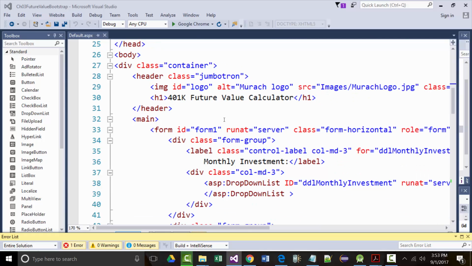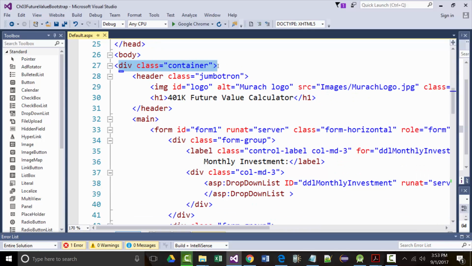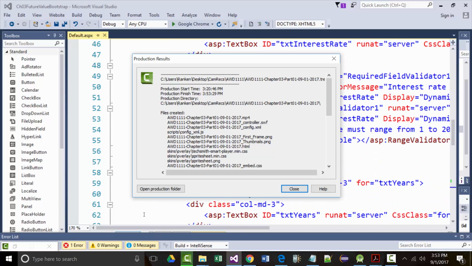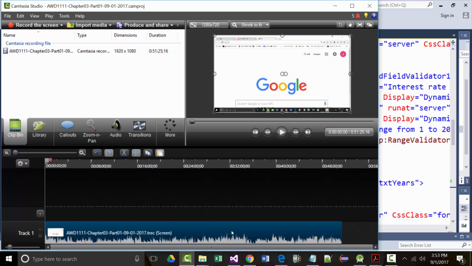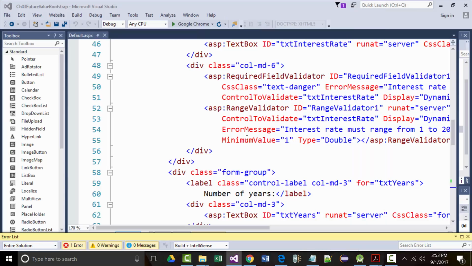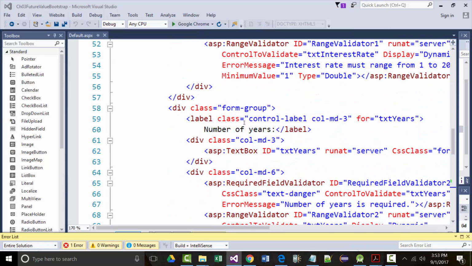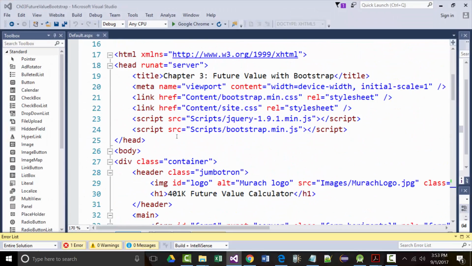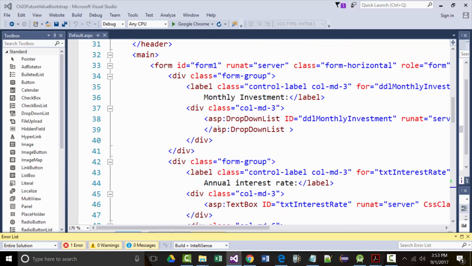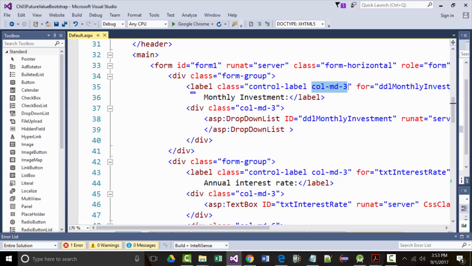So when we look in here, again, notice there's our div class equal container, and it goes to the very bottom. There's still not very much code in here. There really isn't. You start to look through at what's in here, and the key things that change are just going to be your column designations and your calls to the different